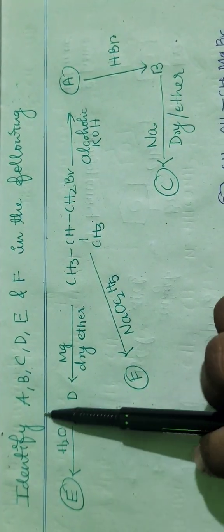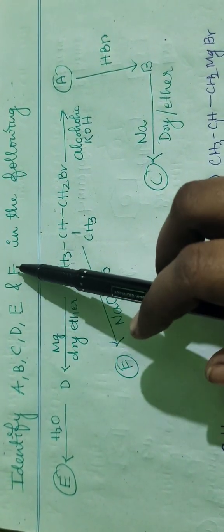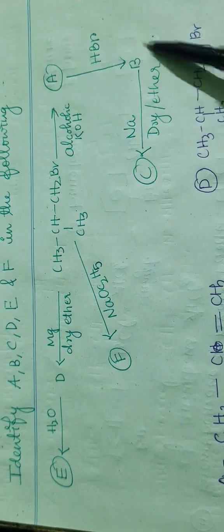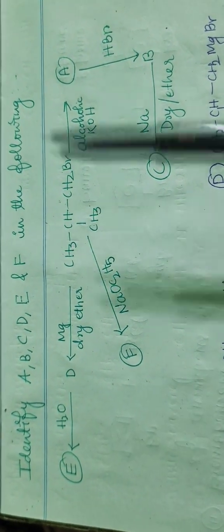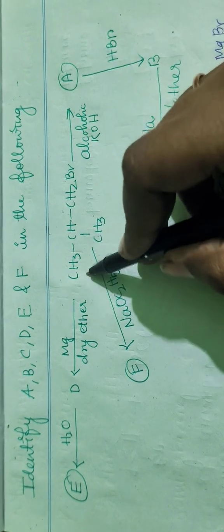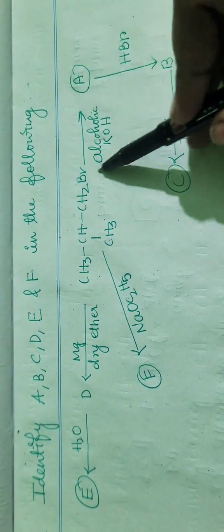Now hello everyone, you can see here you have to identify A, B, C, D till F, okay, in the following reaction chain. Now how will you identify the product? First of all, you start with this is the reactant we have, and now see,